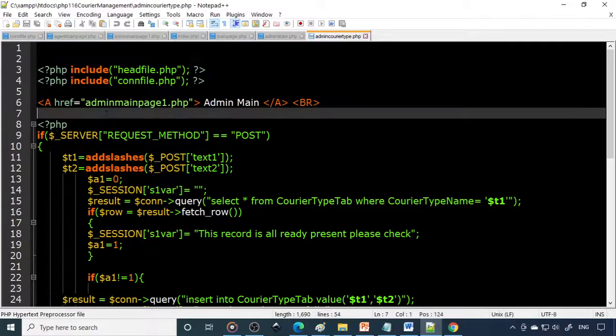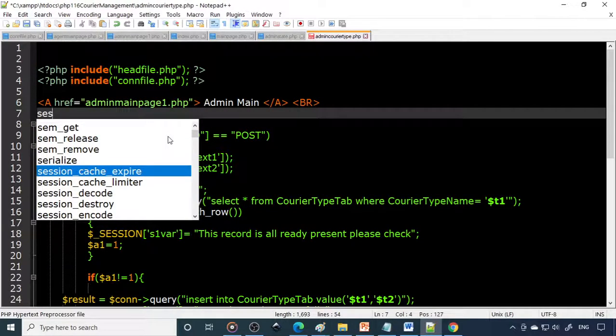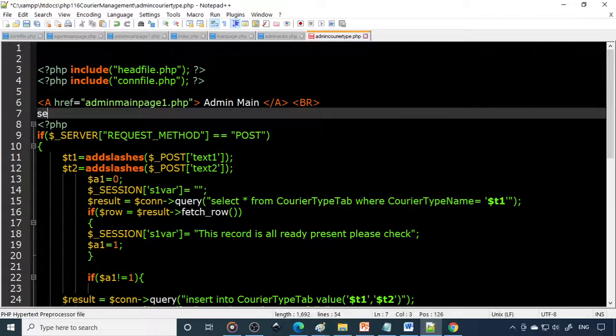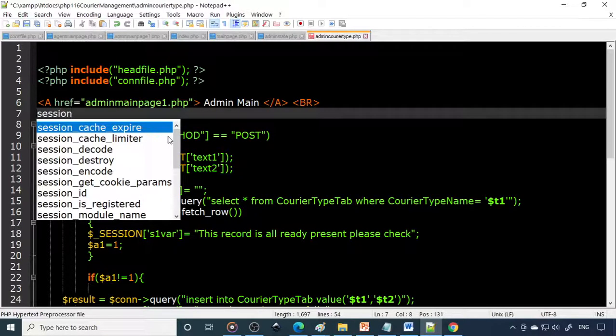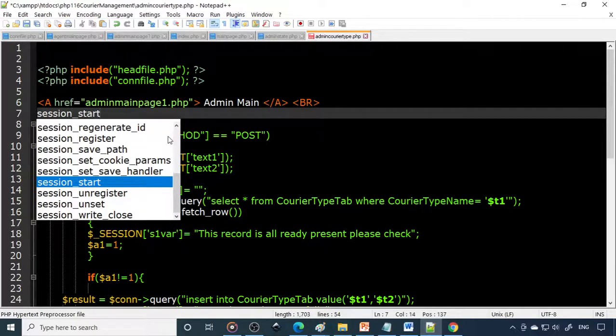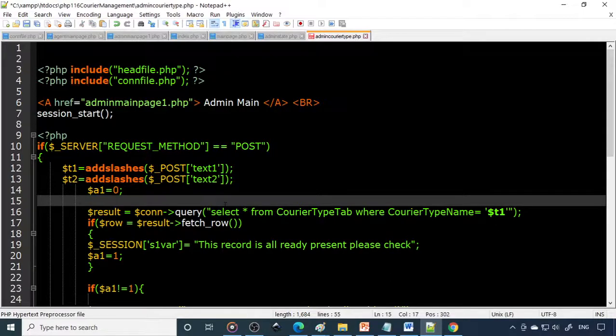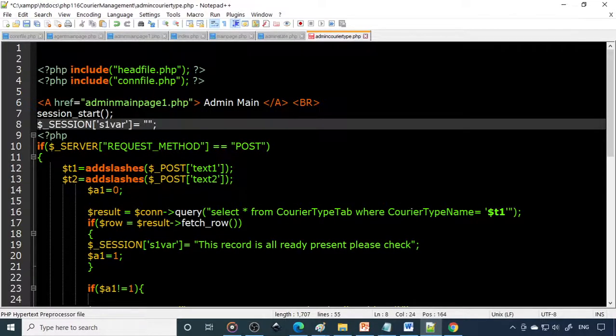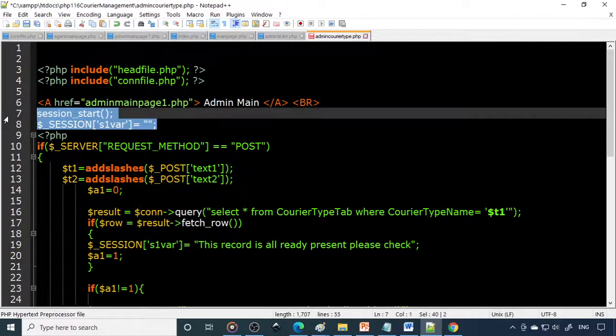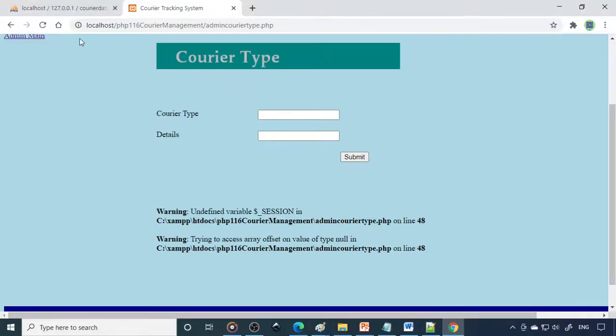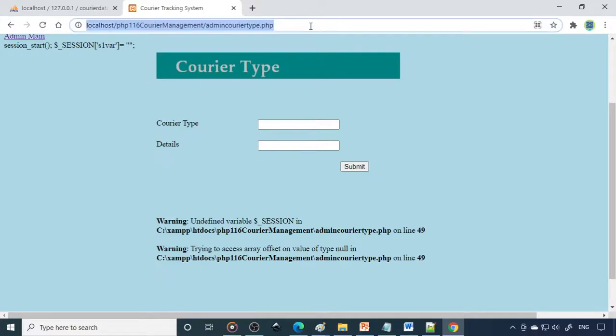So therefore you have to say session start. Then this variable is supposed to be outside. Okay, so save all these things, and then I can go back and refresh here.